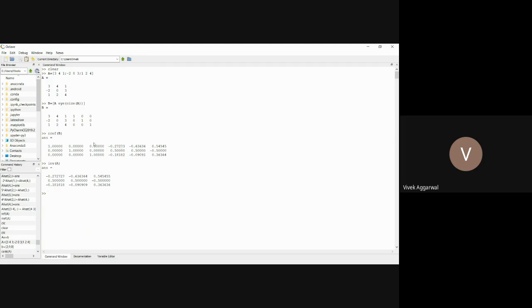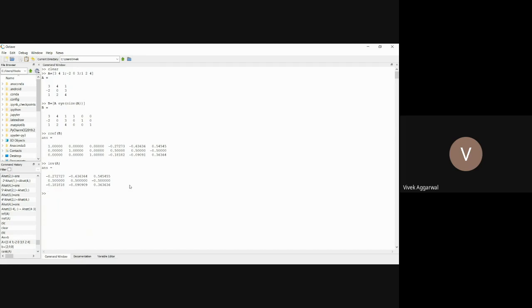But now we are able to understand how we can reduce the given matrix into the echelon form or the row reduced echelon form. Then we can play with this one using the Gauss elimination method. We can find the solution, or with the help of Gauss Jordan, we can find the inverse of the given matrix. So this is generally what we can do at the basic level, and more we are going to discuss